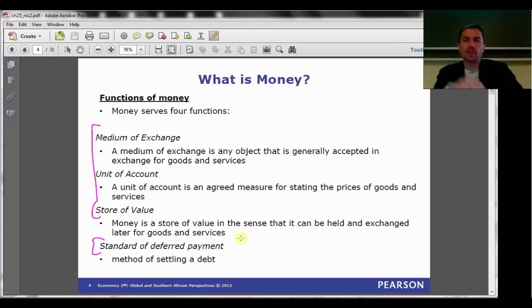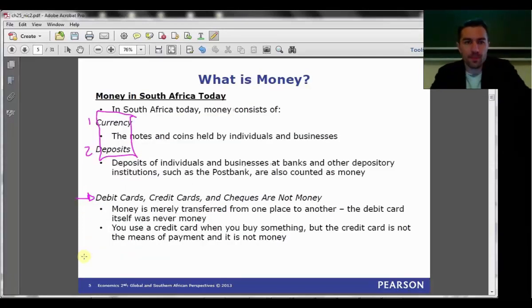But all we did yesterday was essentially talk about what money is and defined money in terms of what it does. Okay, so money is a thing that does these four functions. It's a medium of exchange, it's a unit of account, it's a store of value, and it's also the standard of deferred payment. So what two things do we consider to be money in the economy? In other words, two things that do all four of those functions.